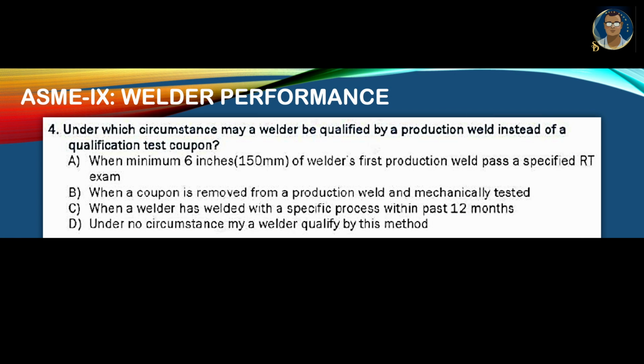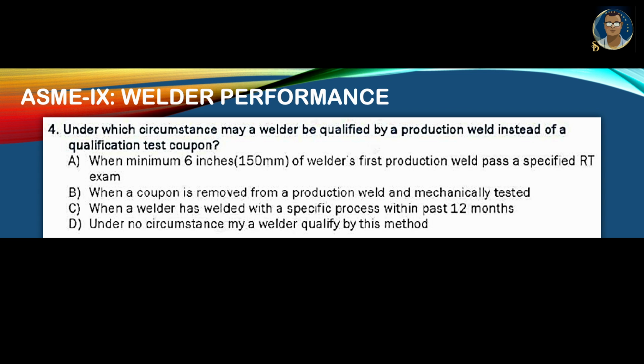Question 4. Under which circumstances may a welder be qualified by a production weld instead of a qualification test coupon? Option A, when a minimum 6 inches of the welder's first production weld passes a specified RT exam. Option B, when a coupon is removed from a production weld and mechanically tested. Option C, when a welder has welded with a specific process within the past 12 months. Option D, under no circumstance can a welder qualify by this method. So the answer should be A, when a minimum 6 inches or 150 mm of the welder's first production weld passes a